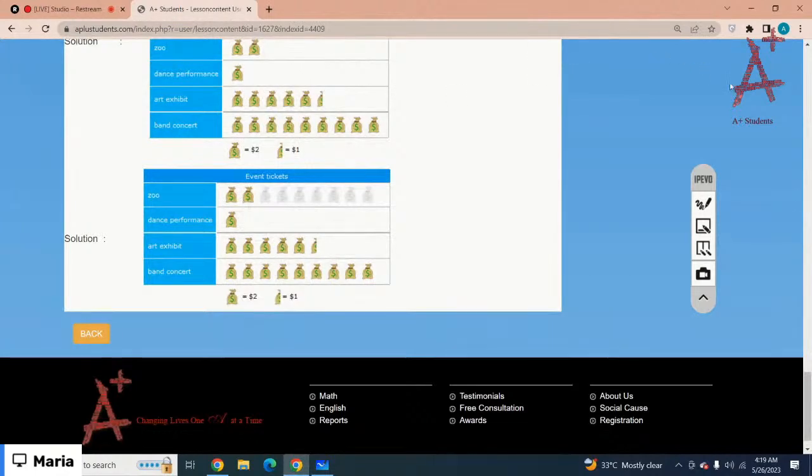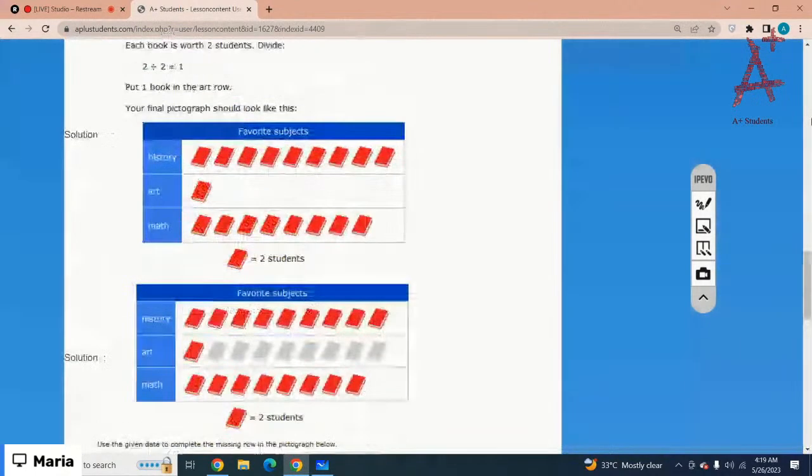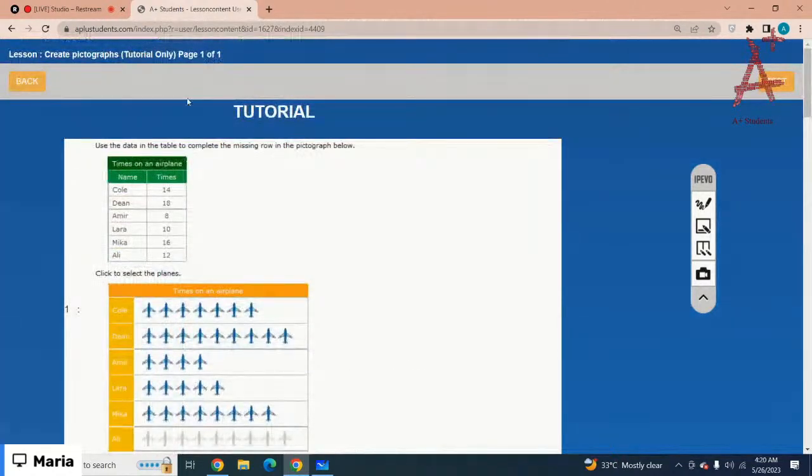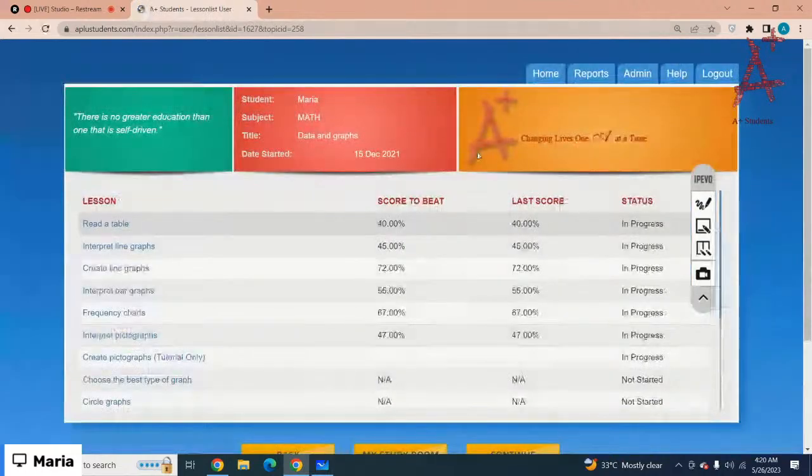Got it? Okay, let's start with the test questions. But no, I think this lesson just has the tutorial. Got it? So let's move on to the next lesson. Okay, the next lesson is